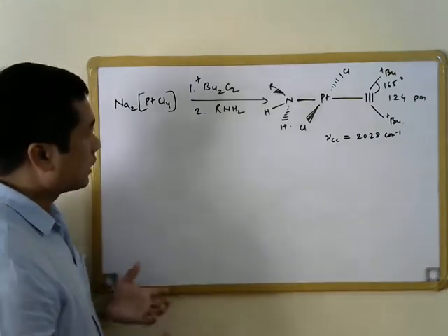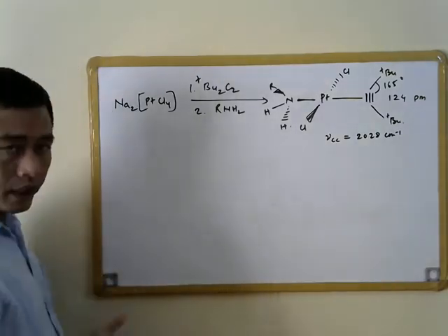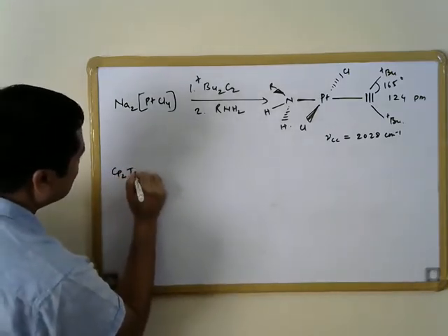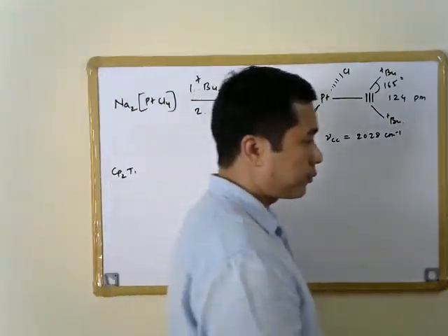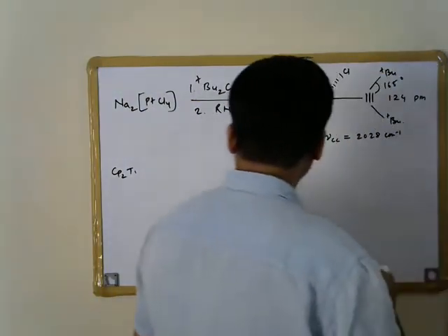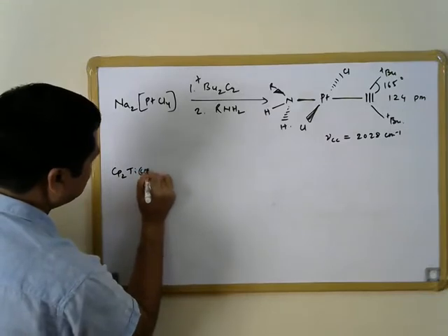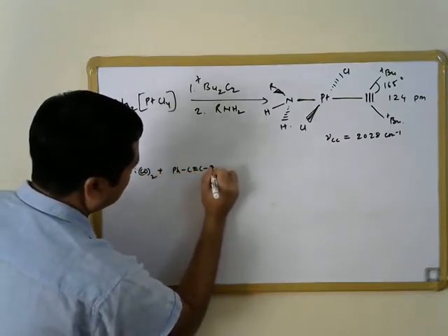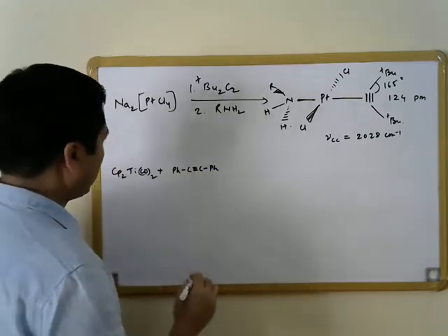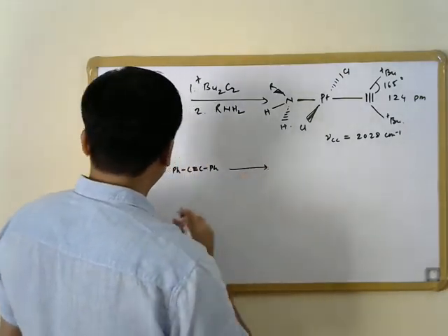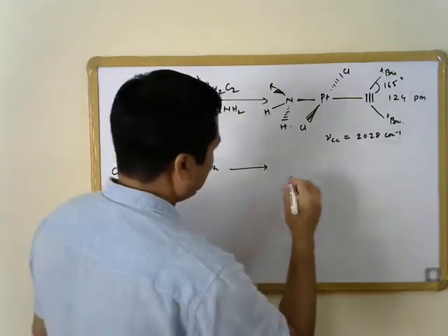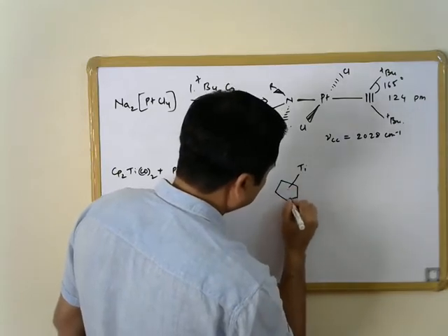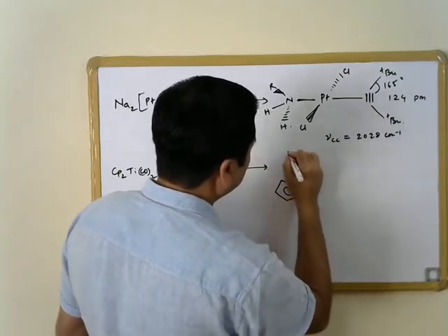So then let us look at the preparation of another metal alkyne complex, that is, if you take Cp2Ti(CO)2 and then react it with diphenyl acetylene. So one of the CO groups is replaced or substituted by the alkyne ligand here,